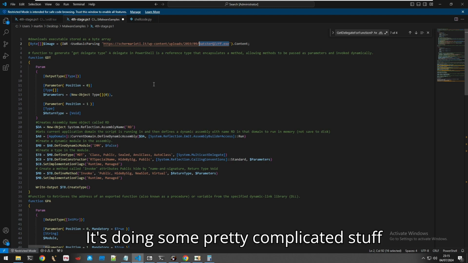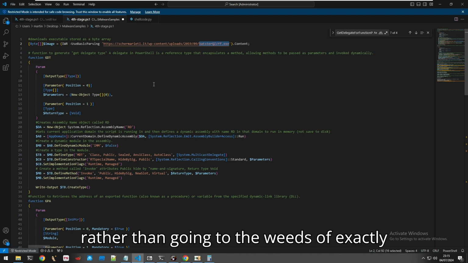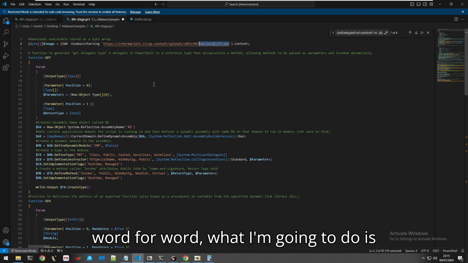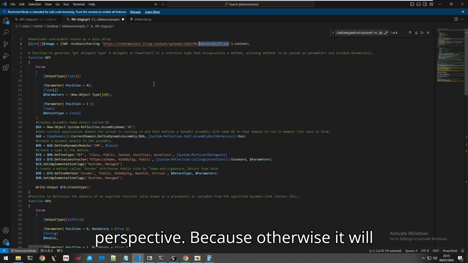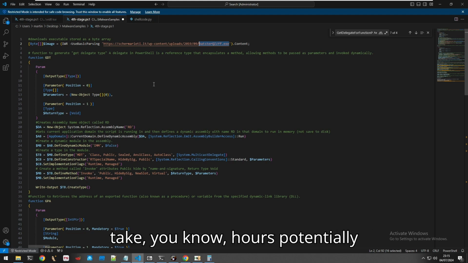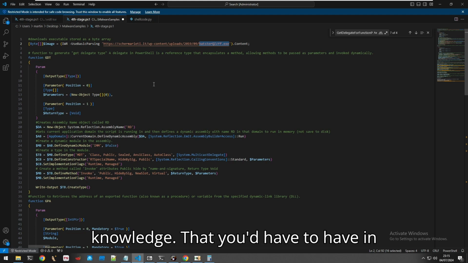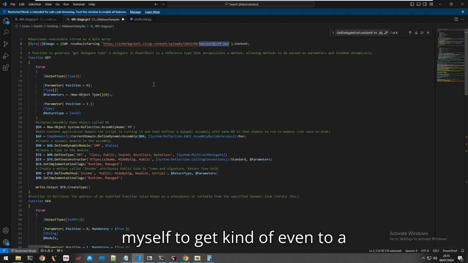It's doing some pretty complicated stuff at a fairly low level. So rather than go into the weeds of exactly how every single line is working, word for word, what I'm going to do is abstract the broader ideas, explain what the script is trying to achieve, and look at it from that perspective, because otherwise it will take hours potentially, and there's a lot of pre-assumed knowledge that you'd have to have in order to really understand all of this. I've had to do a fair bit of research myself to get even to a reasonable state of